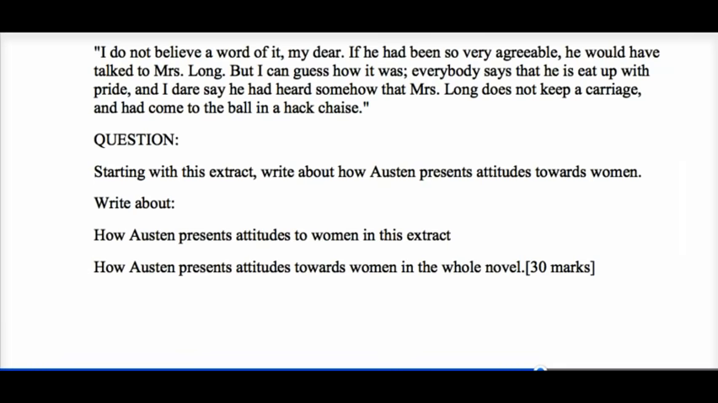extract, write about how Austen presents attitudes towards women. Write about how Austen presents attitudes to women in the extract and how Austen presents attitudes towards women in the whole novel, 30 marks. Now, as I talked about in the previous video, this word starting is a really good discriminator. I think as there are no higher or foundation tier papers now, everyone's doing the same paper. I think the higher ability student is going to be able to use the extract as a jumping off point, a starting point, but then going to be able to demonstrate their expertise and their supreme knowledge of the text